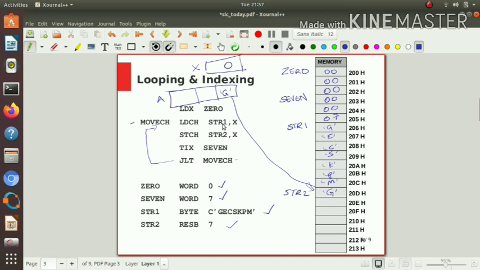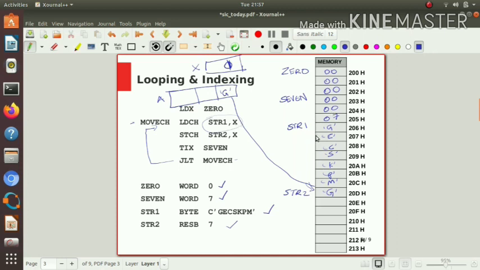Load single character from str1 comma x. Now the value of x is incremented by 1. Here after TIX, x is now 1. So str1 plus 1, that is 206 plus 1. So the address is 207. So this will represent now 207, because the address is str1 plus the content of index register.